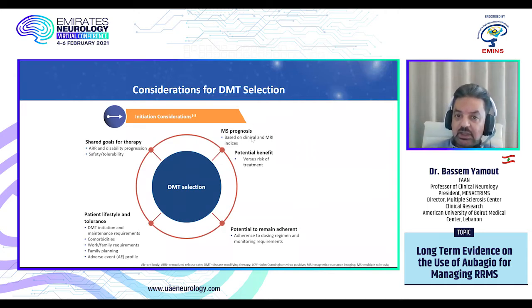So shall I use a mild medication with moderate efficacy but low side effects? Or no, this is a bad prognosis case, I have to go at the high side, a high efficacy medication with some more side effects. So this is the main decision. Also, two more factors come into your decision. Number one, tolerance and the patient's lifestyle and quality of life. You don't want to use a medication that will induce a lot of adverse events, has poor tolerance, and therefore will affect the quality of life of